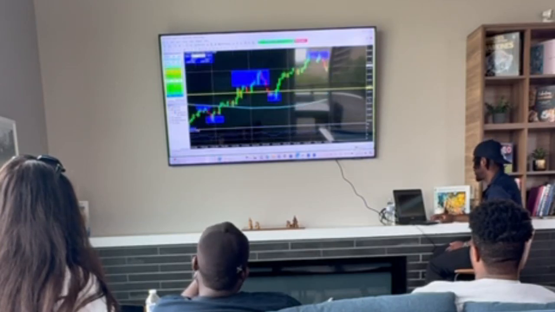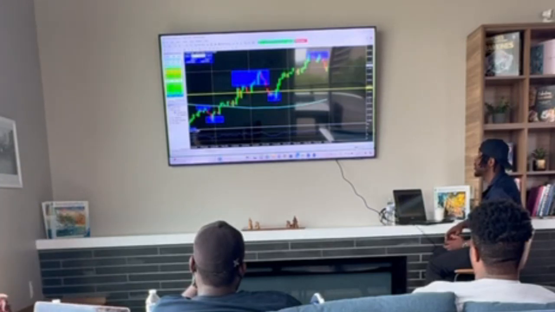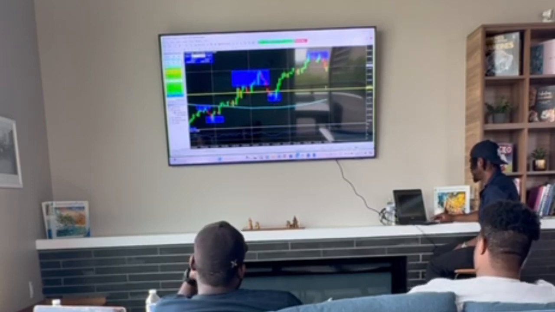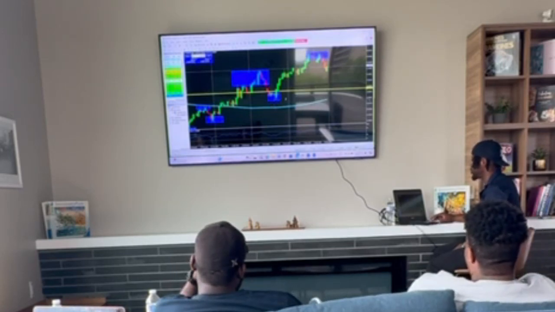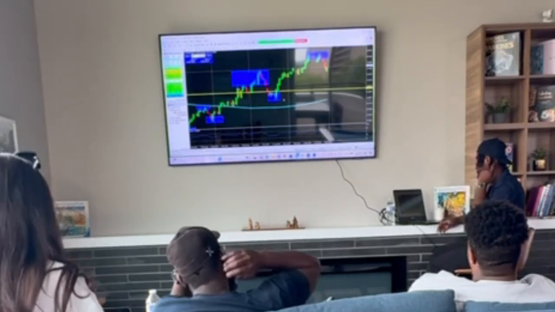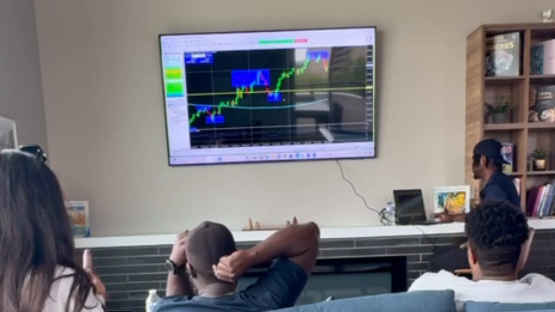But most of the time, especially now, when it comes to news, we stay out, right? And the manipulation, there's nothing you can do with manipulation, right? But if you do follow structure, you place your buys at the higher lows, your winning ratio will be at least 80%, right? So that means for every 10 trades that you place, you're definitely going to cash out 8 of them, bare minimum, right?